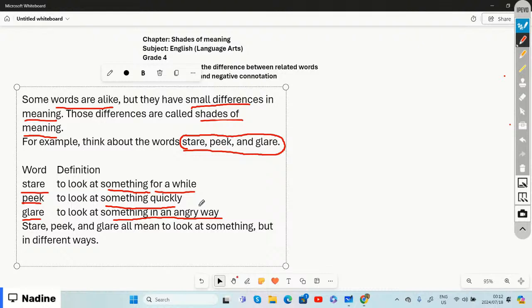All right. So when it comes to staring, peeking, and glaring, it all means that you look at something, but you look at something in a different way. Because with all of the definitions, that says with stare, peek, and glare,